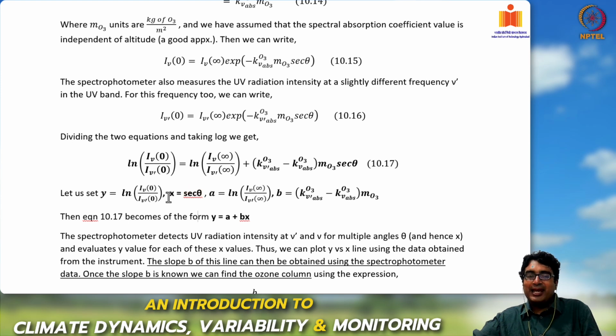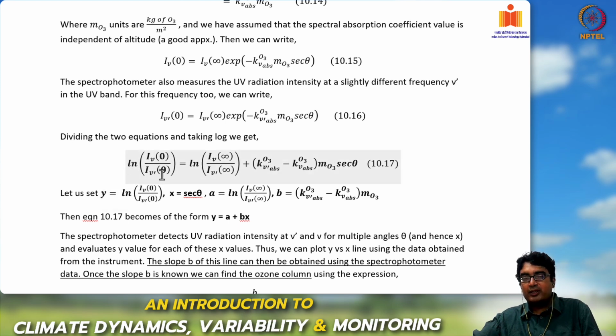And we call log of I nu infinity by I nu prime infinity a coefficient a, and K nu prime absorption minus K nu absorption into MO3 as coefficient b. Then if you see this expression, this becomes an expression of a straight line, y equals a plus b into x. Okay, so this entire 10.17 can be recast as an equation for a straight line with variable y as this ratio,